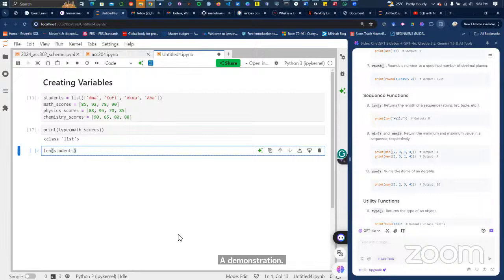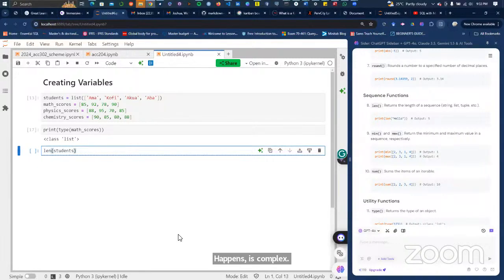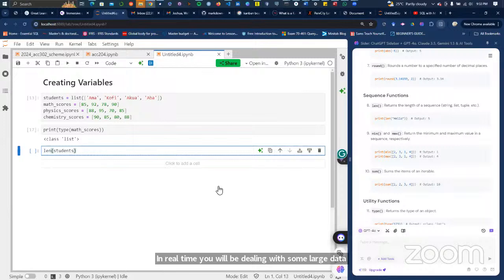What really happens is complex, and probably we will not be able to finish it here. That's why we are representing it this way. In real terms, you will be dealing with large data sets such that you cannot use your eye to know the number of elements. In this case, the number of students.